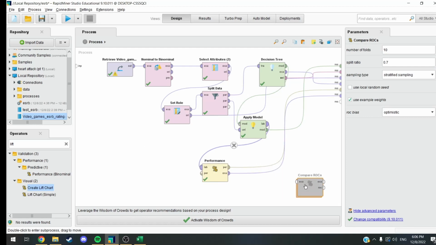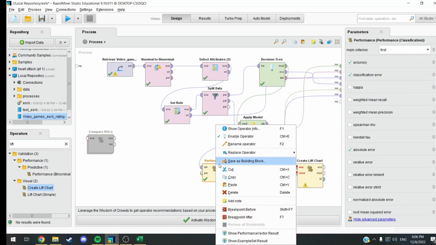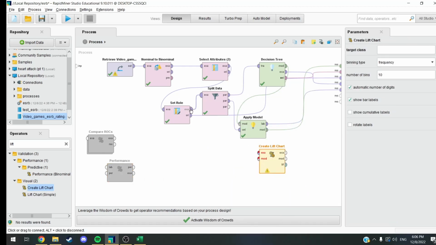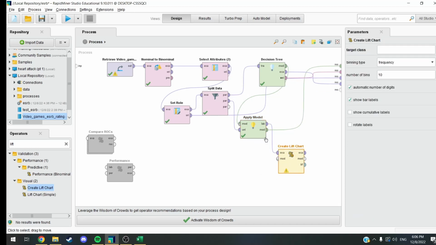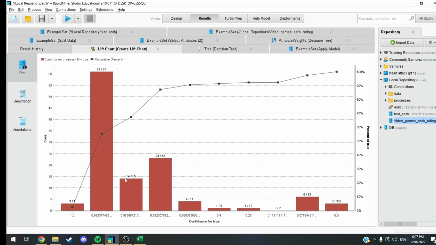Now, another thing I would like to show you is the, not that one, where's the lift chart? I must have deleted it a bit ago. But there's an interesting thing we can look at here called a lift chart. You pull out, now we put these two things in here, and we connect all these to the end here. And okay, so our target class is true, because that's what we're concerned with looking at. So we hit play, and then we look at this.